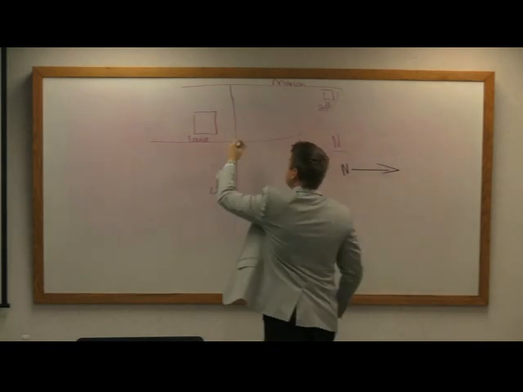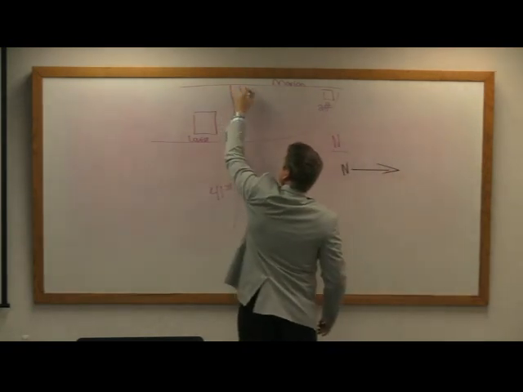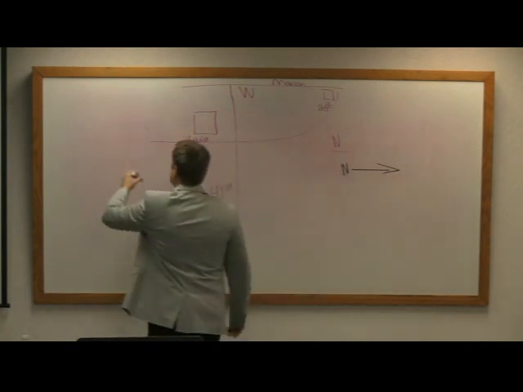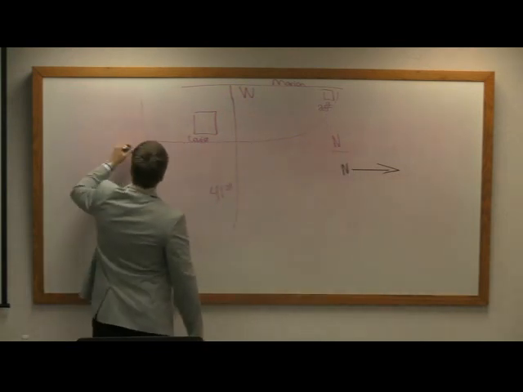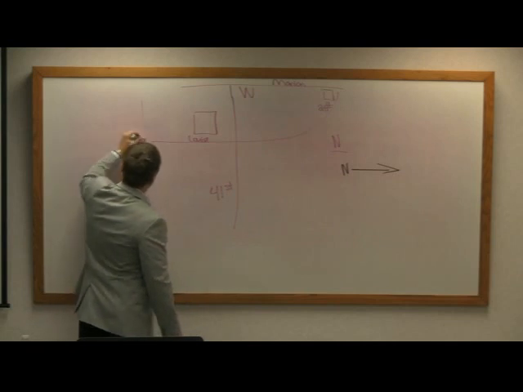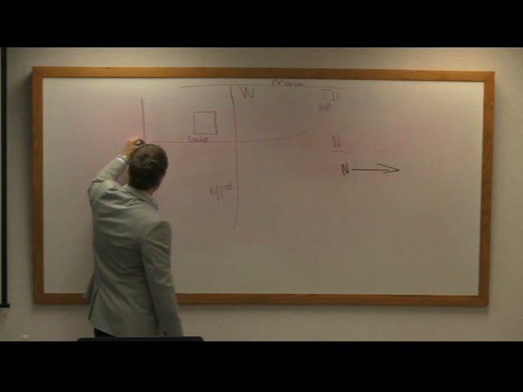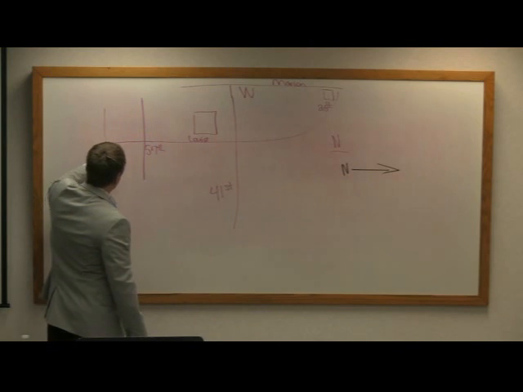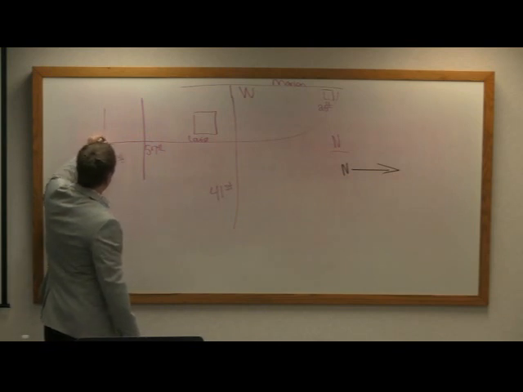If I want to go west, it goes as far west as Marion. If I'm going to go south, I could go all the way down to 57th, or I could take Louise all the way down to 69th, because I have